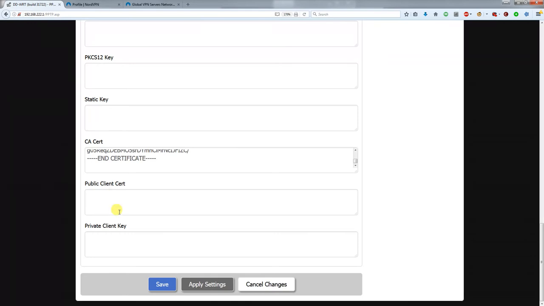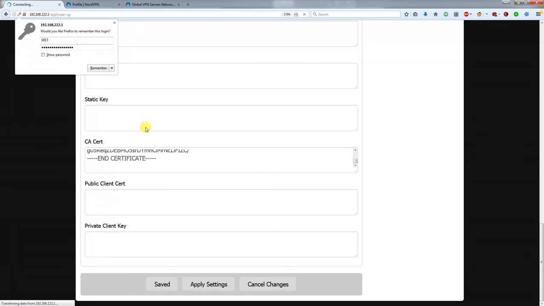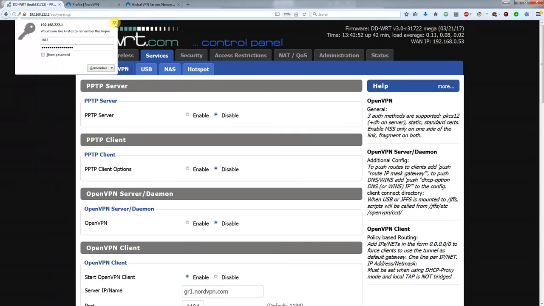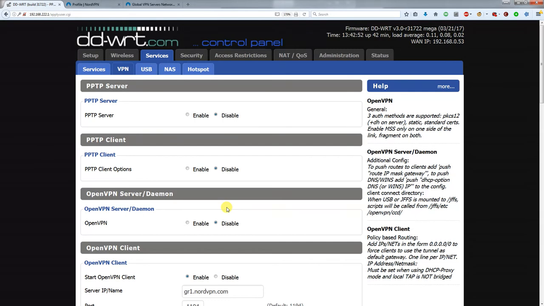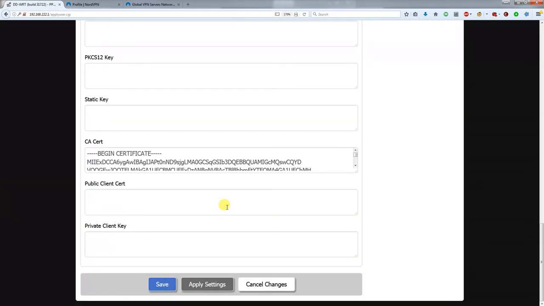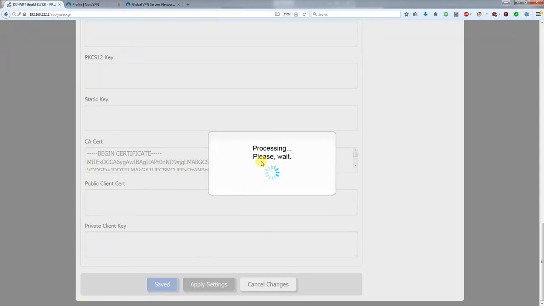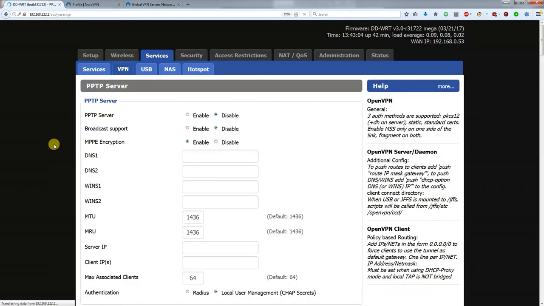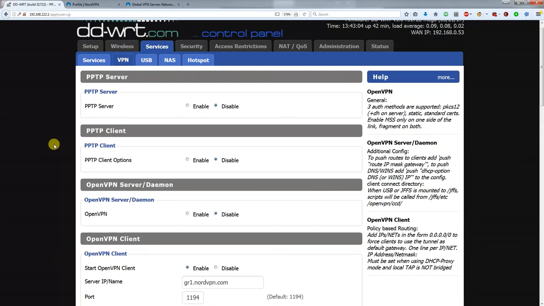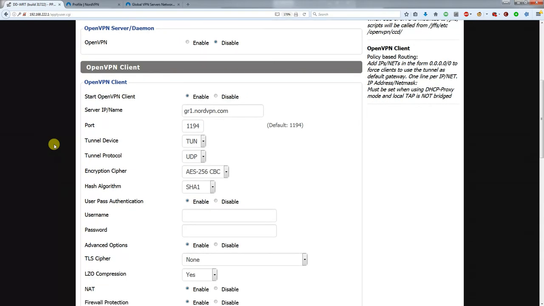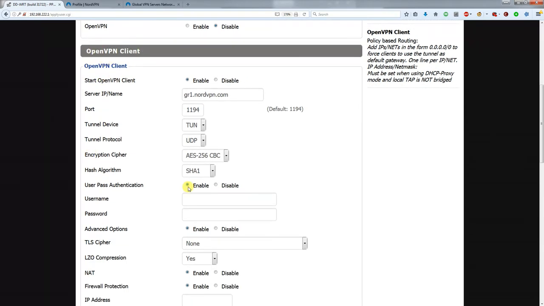To complete the settings, you just need to click on Save, and then click on Apply Settings. We ignore this Remember Password shenanigans, and we then scroll back down to the bottom and hit Apply Settings. And that in theory has changed the configuration for the VPN server. Now I'm going to cover two more things. The next one is if you want to change your username and password under the OpenVPN, whatever you might have here for your